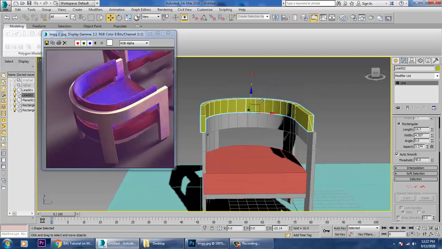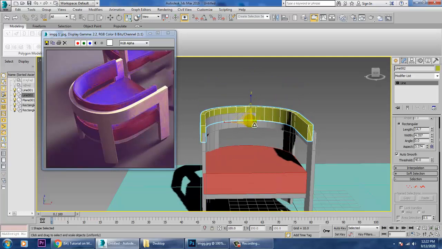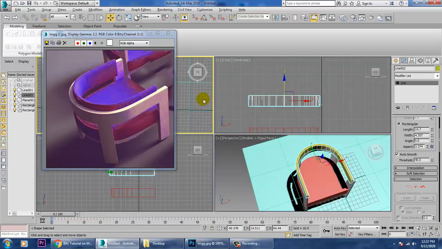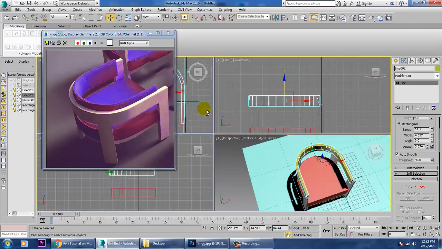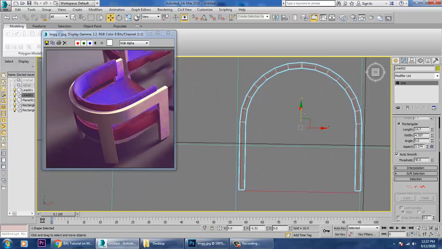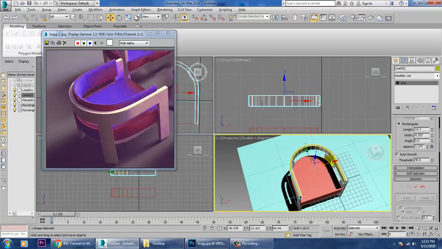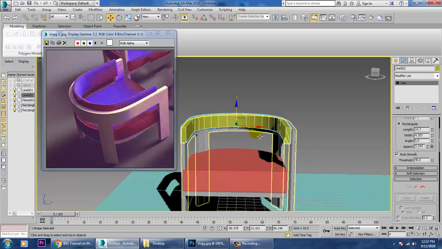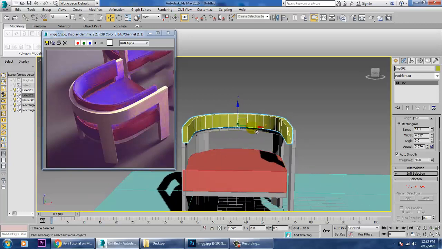So before we push this down, let's scale a bit over here. Go to the top view over here, just scale a bit. Just push it in this way. And reduce its width.